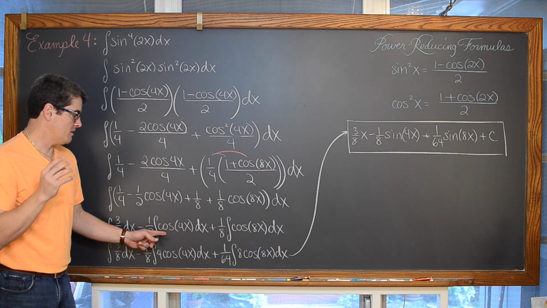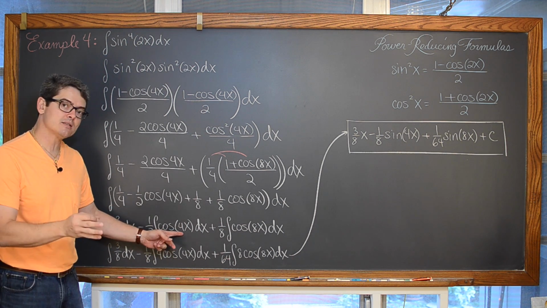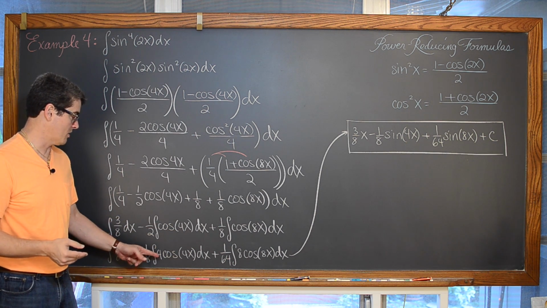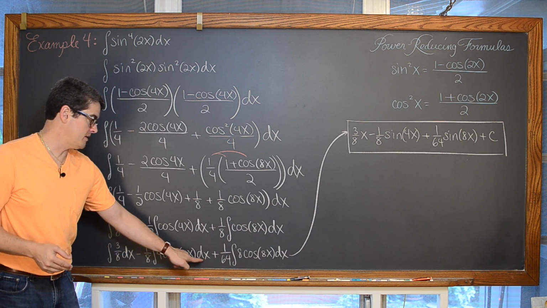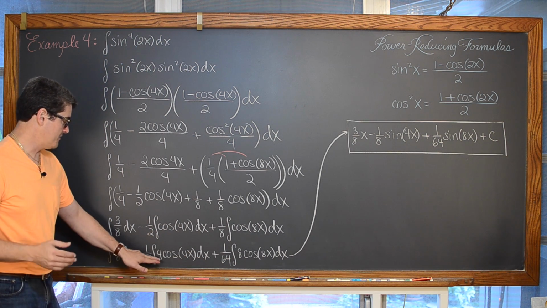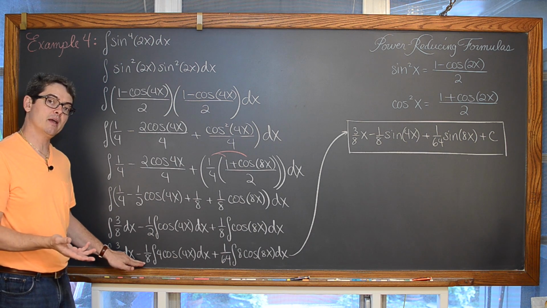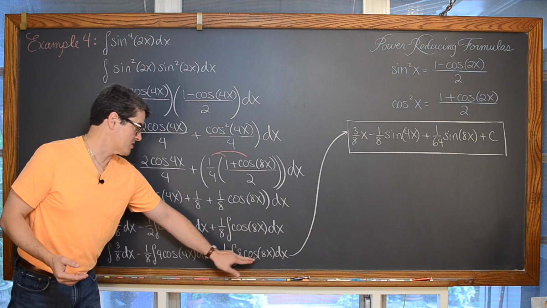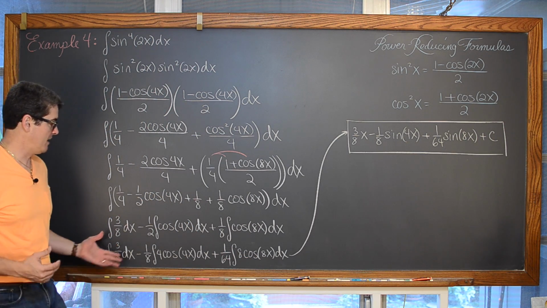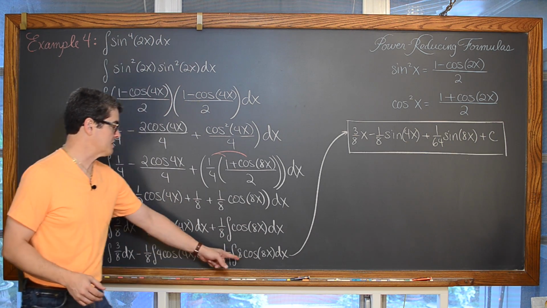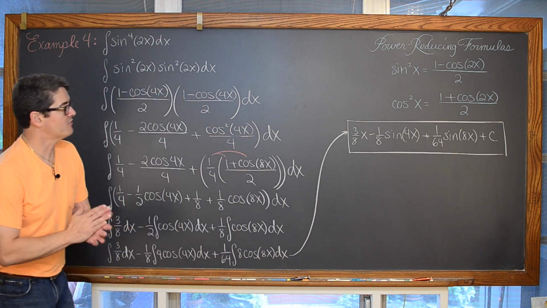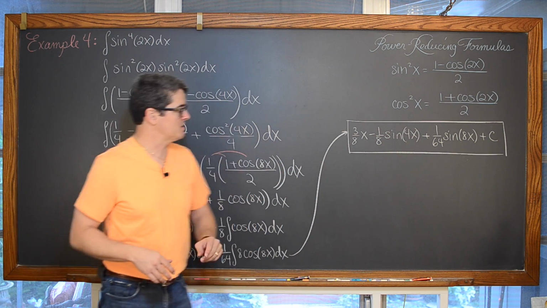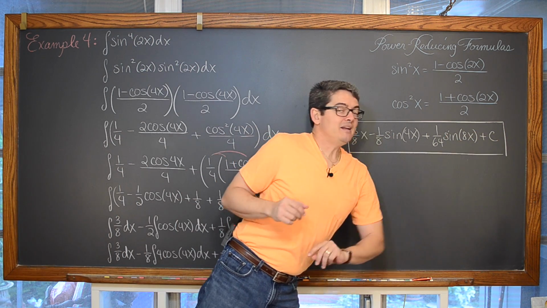With our cosine functions, in here we have an inside cosine function of 4x, and the derivative of 4x is equal to 4. So I've got my u and my u prime there with my 4 dx. If I introduce a multiplication of 4, balance that with a division of 4, and likewise introduce a multiplication of 8 to finish the chain rule, and divide by 8, we can integrate each of these pretty straightforward integrals now, and get our final answer of 3/8 x minus 1/8 of sine of 4x plus 1/64 of the sine of 8x plus c.